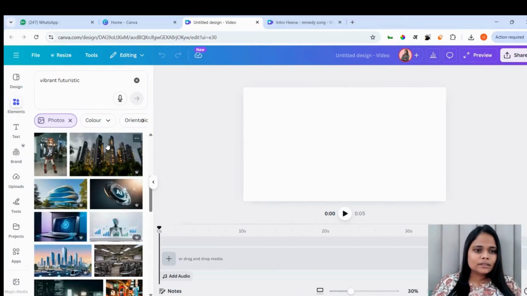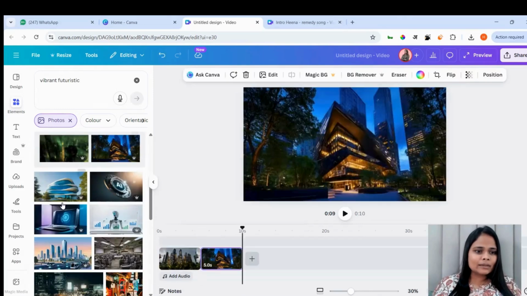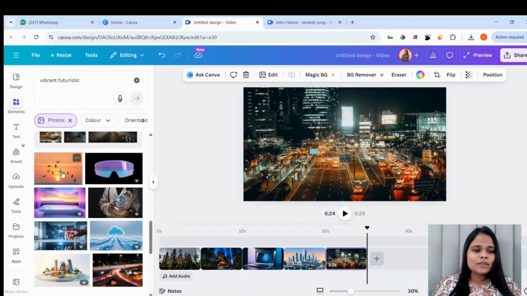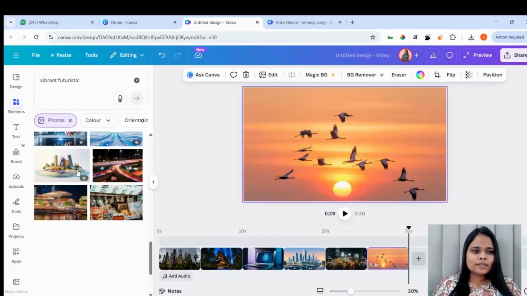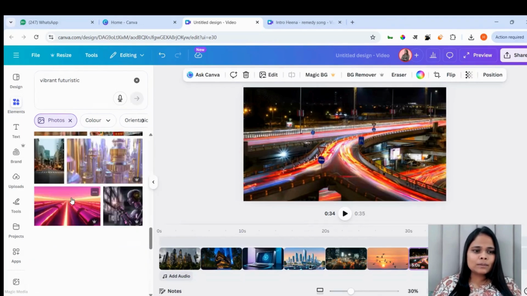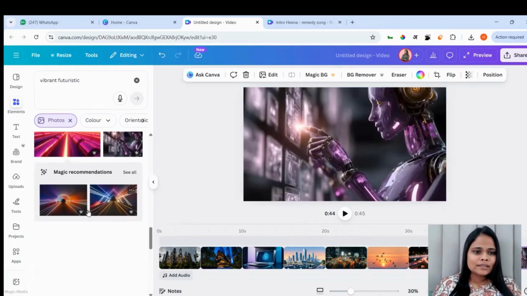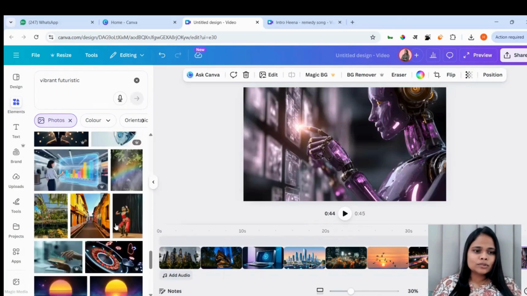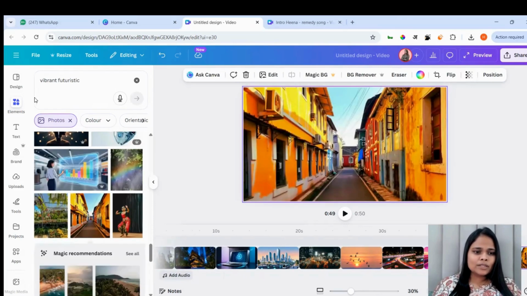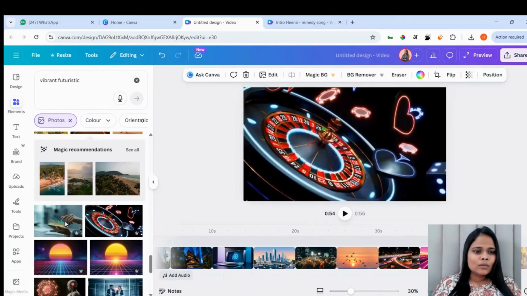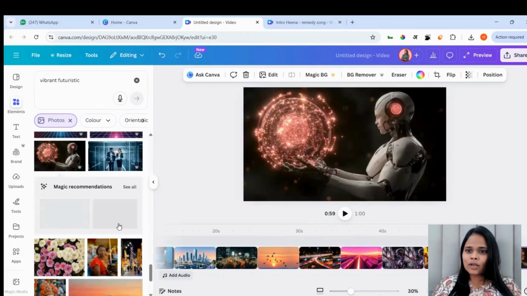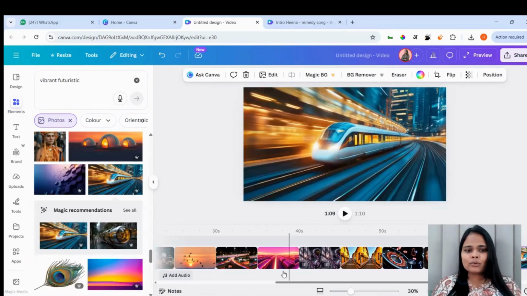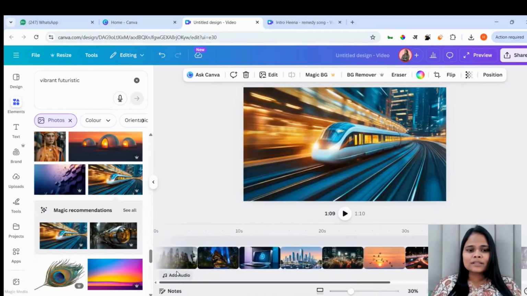Now over here, let's keep adding the pictures that we like. Okay, randomly, let's keep adding the pictures that we like. If you can see, one by one, it is getting added to the screen. That's what I'm doing. I'm choosing the pictures I like and adding them to our area. So let's browse more. We will select more and more pictures because these will be set for 1.1 seconds. So I'm going to add a few more pictures. Okay, so like this, you have to add more and more pictures over here.